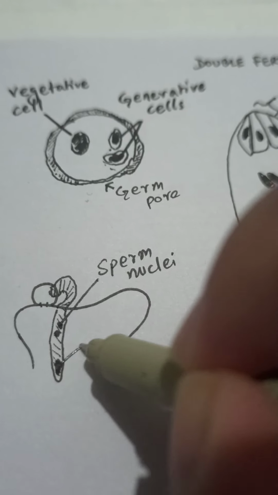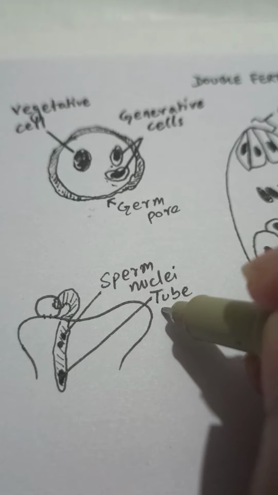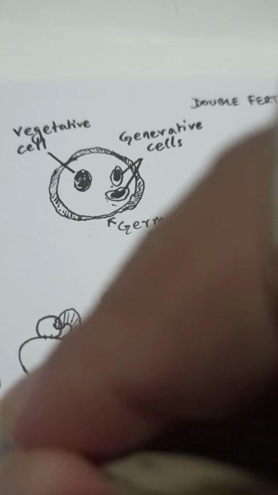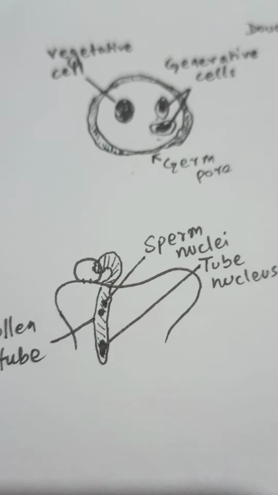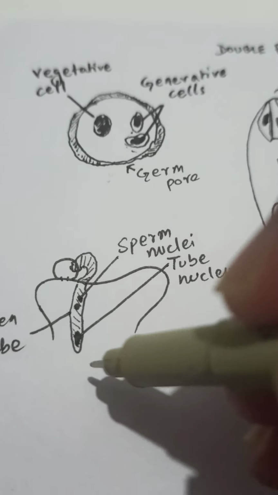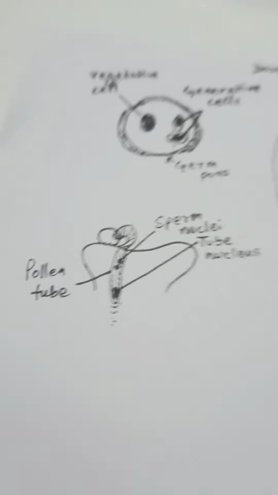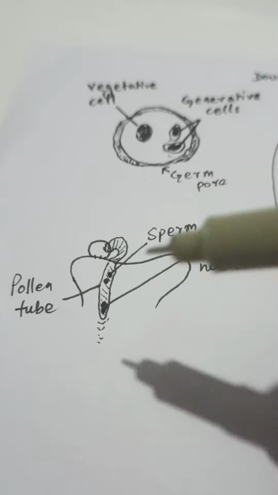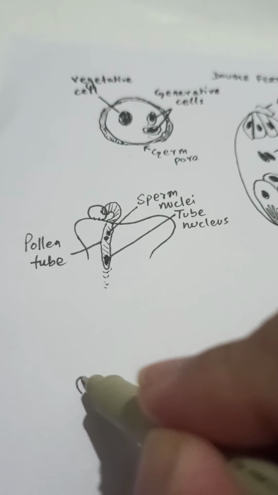Well, this vegetative nucleus will now be considered as the tube nucleus, because here we are seeing the formation of the pollen tube, isn't it? So that's why this will be considered as the tube nucleus now. This tube nucleus will keep on penetrating in the inward direction. Now its inward flow, or inward movement, is completely mediated, or completely controlled, by one feature.